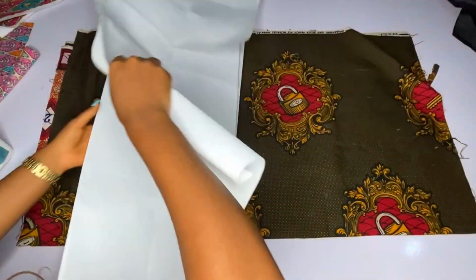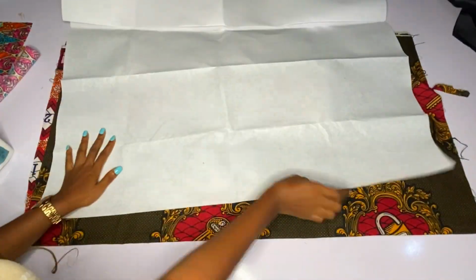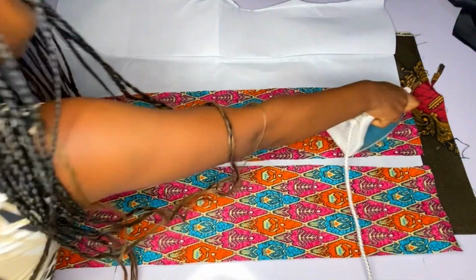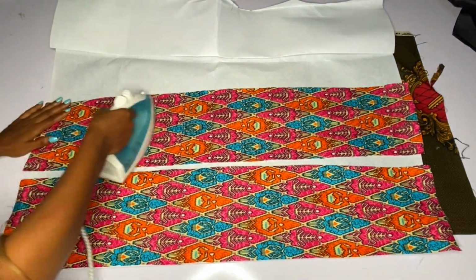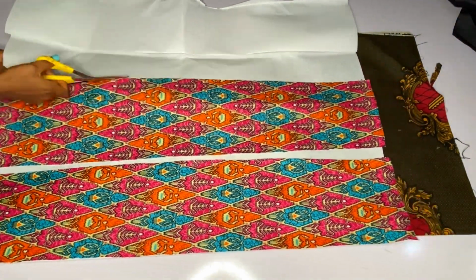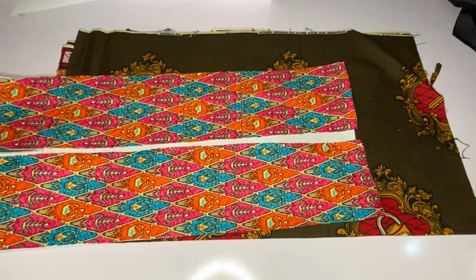But if you want it to be medium, just use your hard gum or your hard interface, add it to the main fabric and add to the lining. I don't know if you understand. So you can see I am gumming it to my fabric, and after that I'll go ahead and cut out